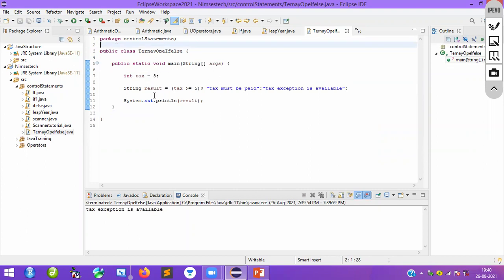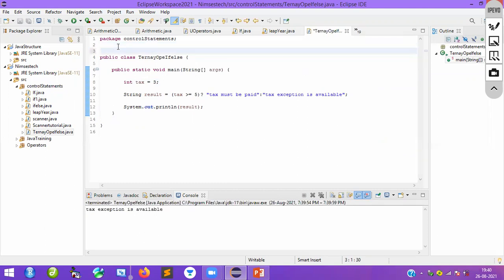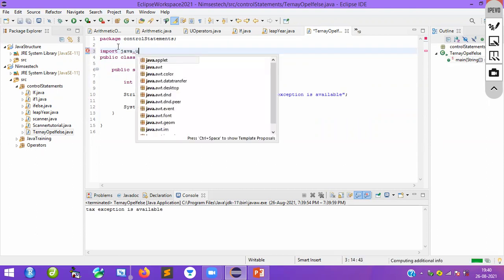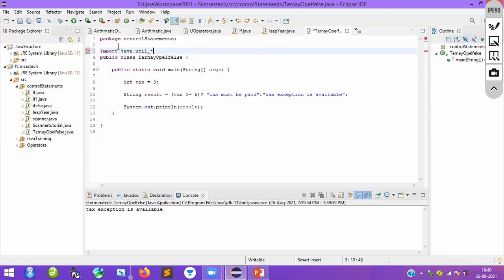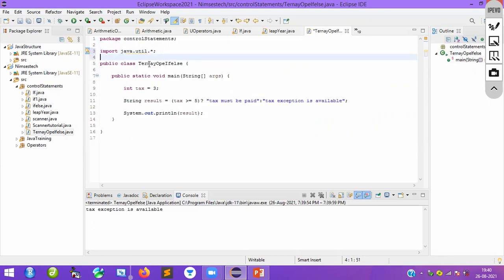So there is a small assignment. You take this assignment, use the Scanner class. Import java.util.* with the star and semicolon. Now you can use the scanner over here. You can take the value and execute it. Simple task, you do it. Create an object here, then call the object. It's very simple. That is your small assignment.